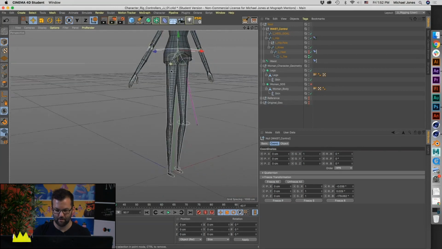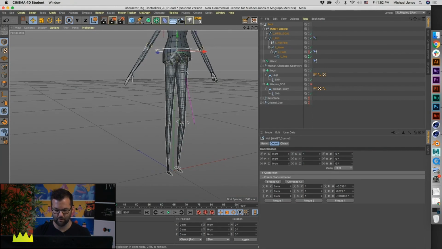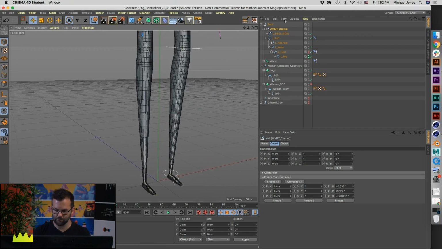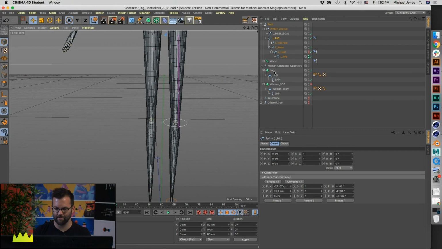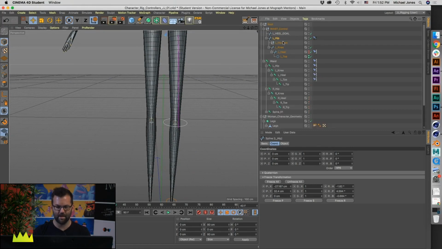All right, so now it's time to move over to the other leg. We're just going to make the same thing. We're going to add 3 controllers for the hip to the knee to the heel, and then we're going to add a toe. In fact, maybe what we can do is just copy these over and then just use the same size and width and everything, and then I'll just take off all these. We'll just use the same size controllers, and I'm just going to make a copy of the whole chain, and I'll remove the IK tags for now, and we'll just add those back in after we have these zeroed out to their other joint